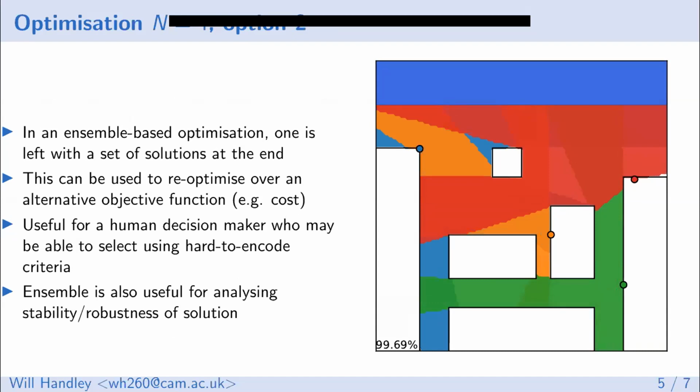So that's worth bearing in mind, that this is useful for getting multiple solutions that you could hand over to a human decision maker, who may be able to select the best one using another, much harder to encode, mathematical criteria. It might be useful for re-optimizing over alternative objective functions. So it might be that this is a cheaper one to do because you have different regulatory constraints, or that you couldn't actually do this in practice because it's the wrong kind of wall to put the sensor on. And as I said before, this is very useful for analyzing stability and error bars, because you effectively get something like a Bayesian posterior out of this.